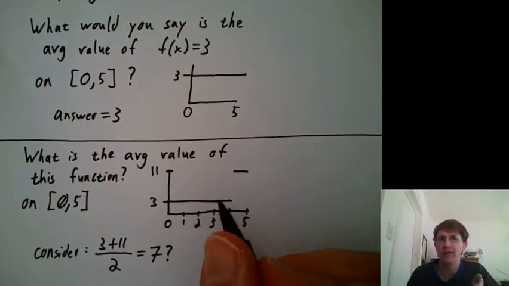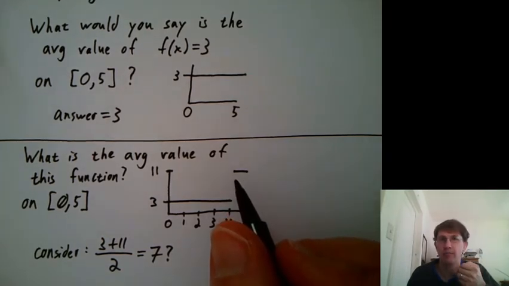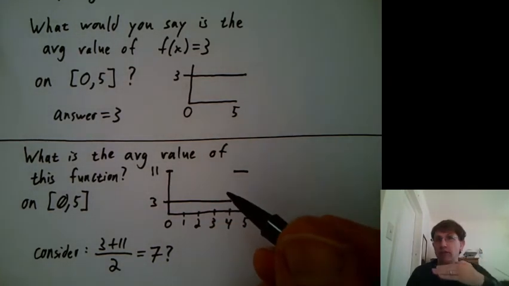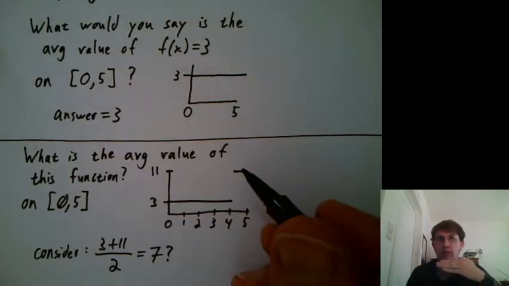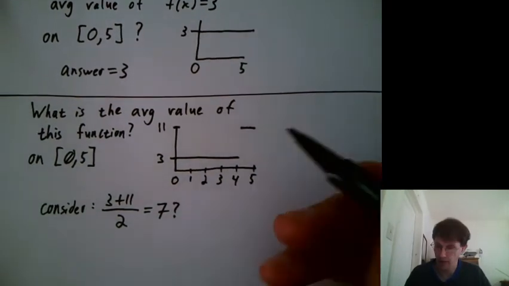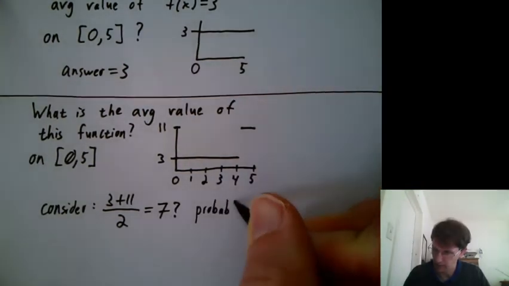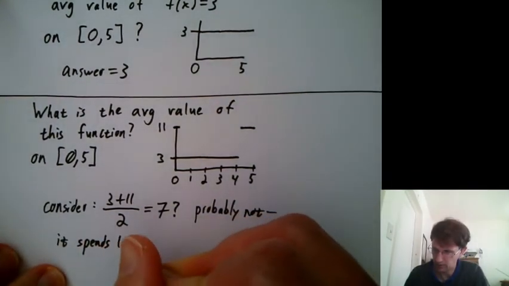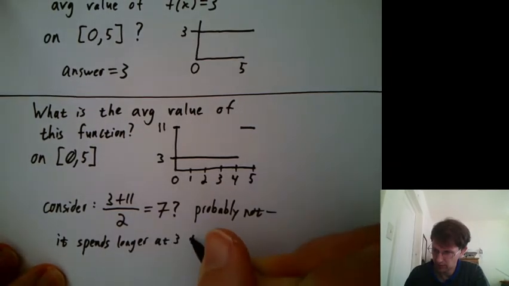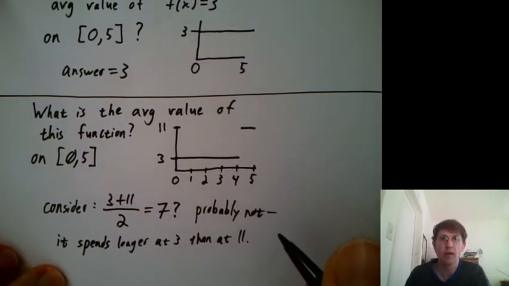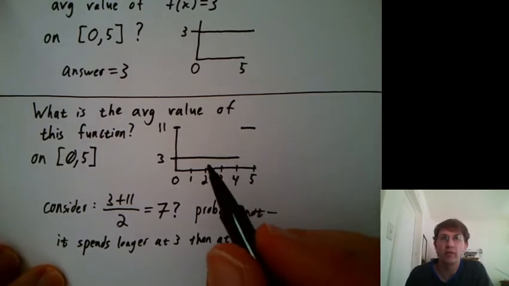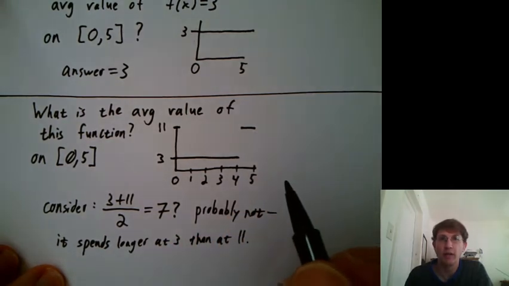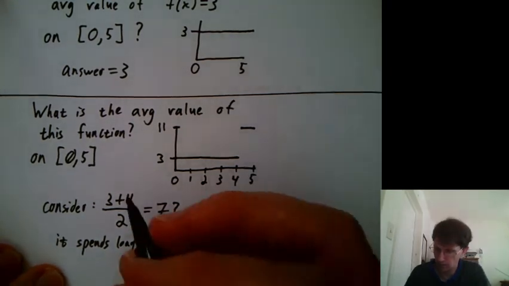Well, it's at 3 longer than it's at 11, so maybe we want to say that the 3 is pulling the average down toward itself, away from the middle between 11 and 3. So we'll say probably not. It spends longer at 3 than at 11. So how can we compensate or account for the fact that it spends longer at a y value of 3 than at a y value of 11? Well, if we took a stats point of view, we might say,